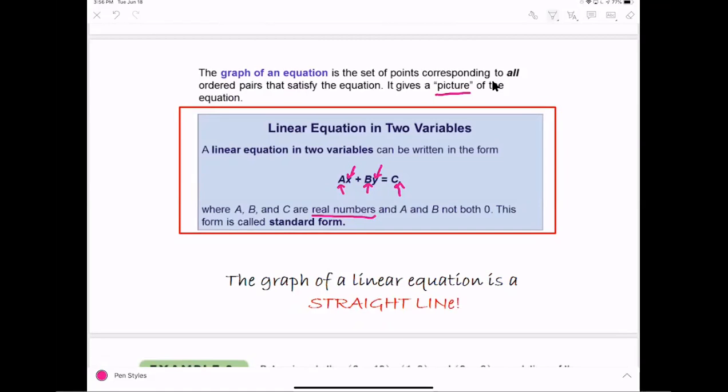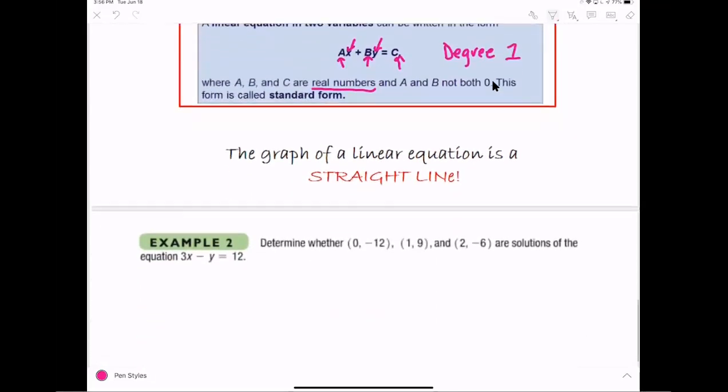And we call this a degree of 1, which implies it's a linear equation. If you start changing exponents, that changes the type of equation that you have. And the graph of a linear equation is a straight line. Now we'll graph in a different lesson, but we're just going to talk about